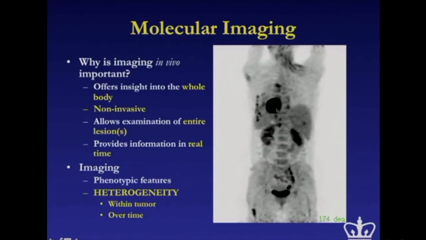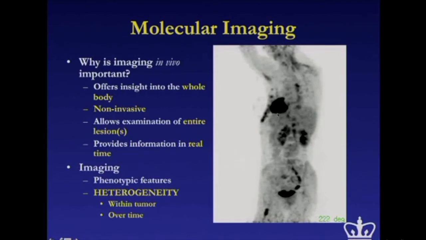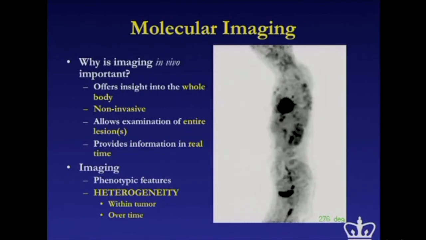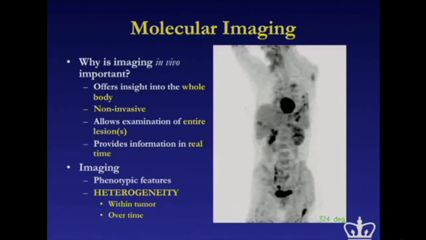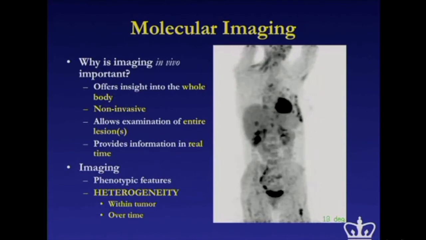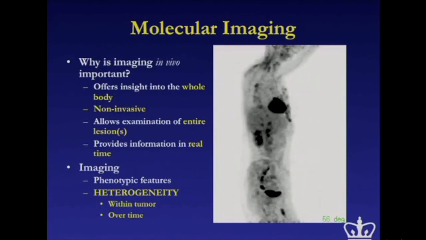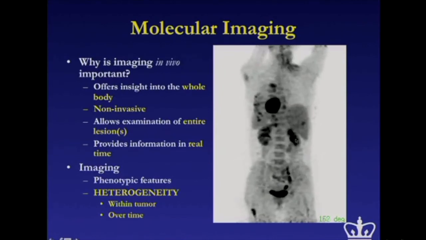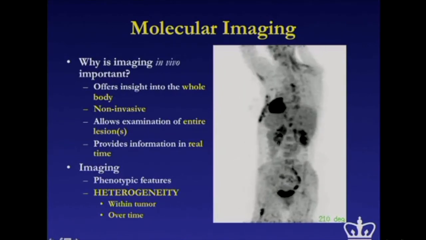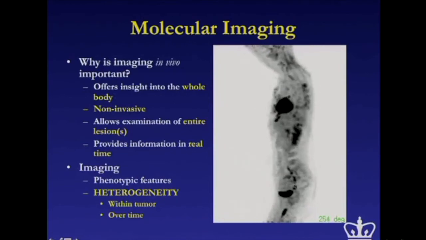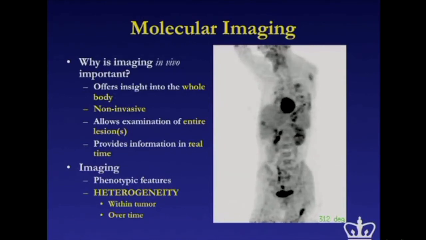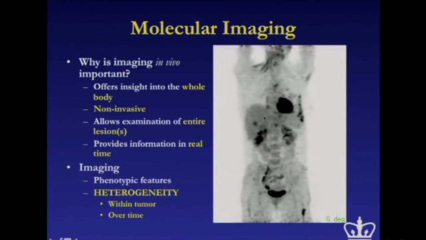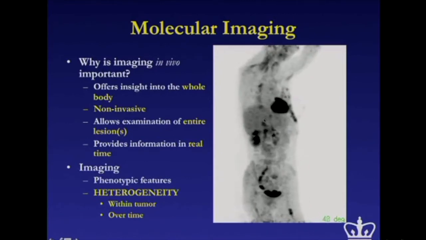You can also see the heart light up, because the myocardium uses glucose, not in the constitutive phase, but when the patient is not entirely fasted, it uses glucose. You also see the kidneys and the bladder, because they excrete whatever glucose is not taken up by tissues and organs. And of course you see the liver, because the liver has a lot of blood flow.